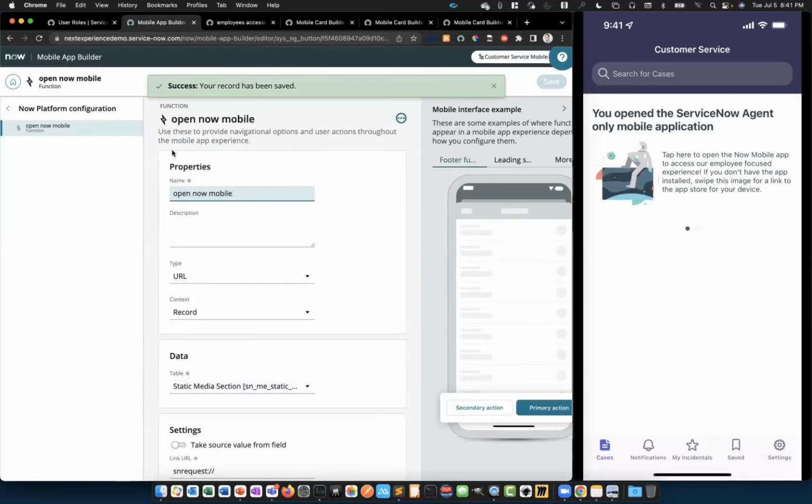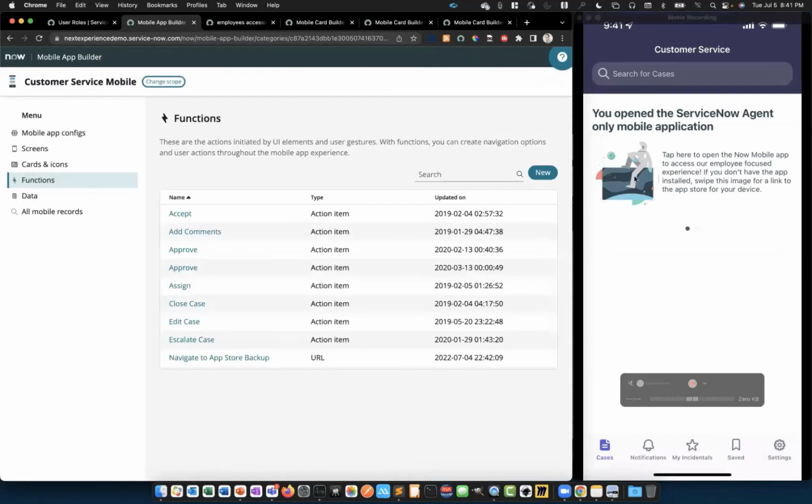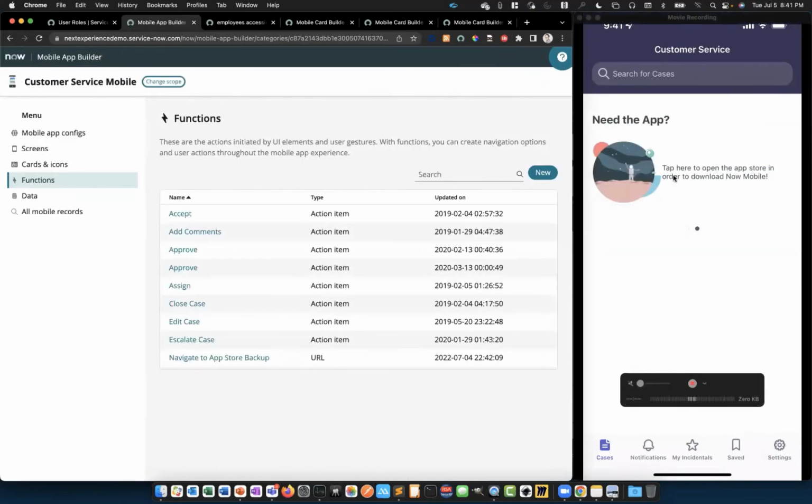And we'll also go ahead and add a function instance for this in a second. Before our function appears anywhere, we'll need to create an instance of that function so that it only applies for this particular media section record. But in the interest of time, we'll go back and create our second function, which is going to display